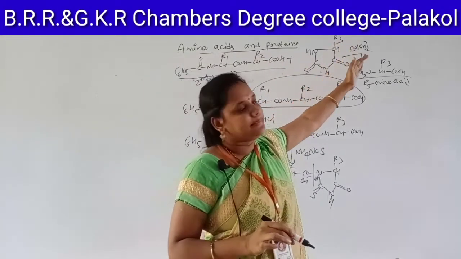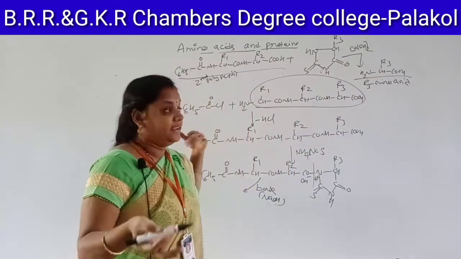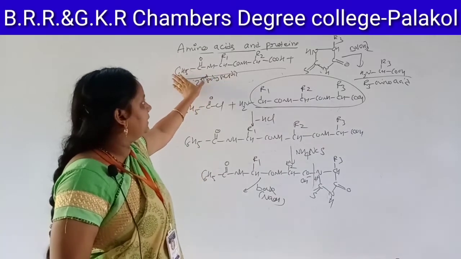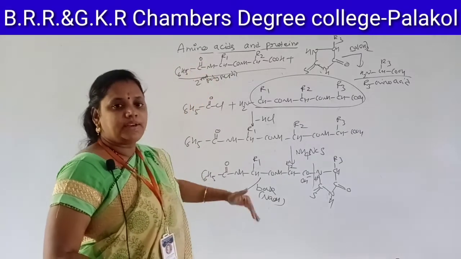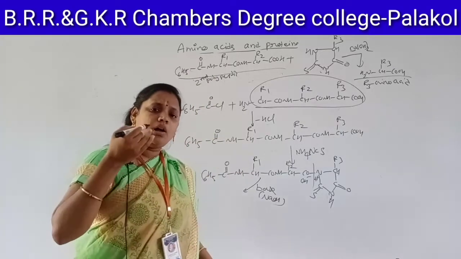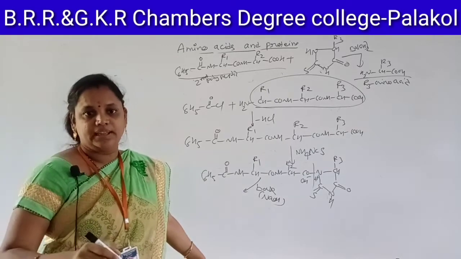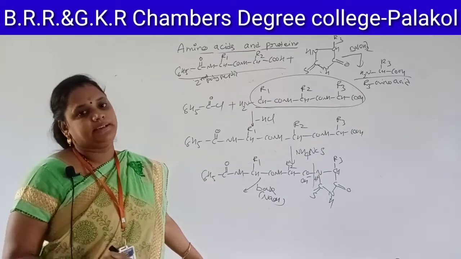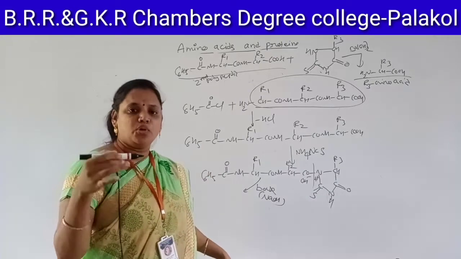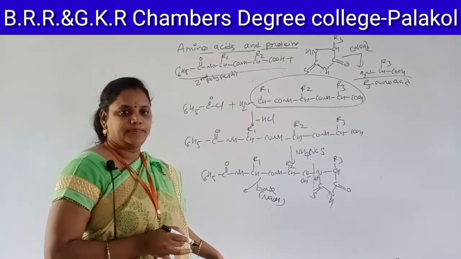Again, we will add barium hydroxide to that. You will get the R3 amino acid that can be detected. Again, we will attack benzoyl chloride to this. So this reaction is repeated until all the amino acids present in the polypeptide chain are detected. Understood, students? It's tough to practice. Please practice more so that you can easily remember the carboxyl degradation method.